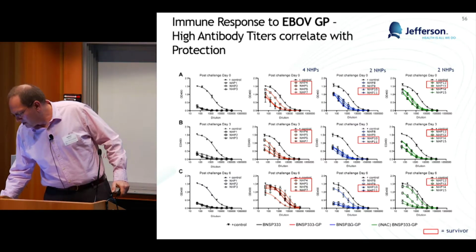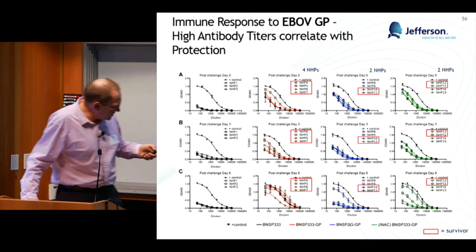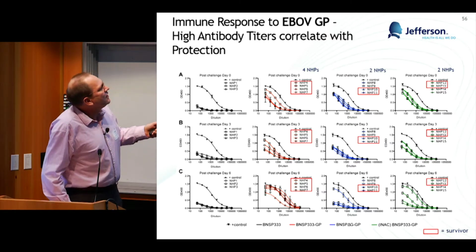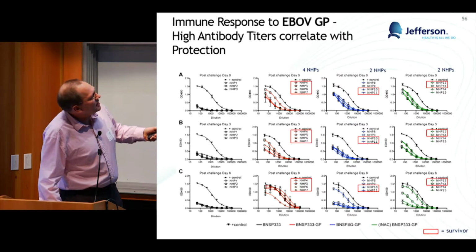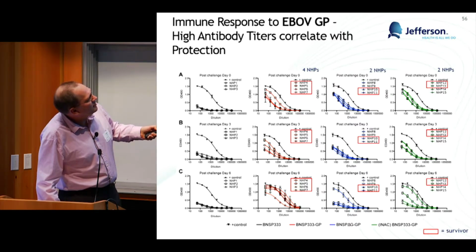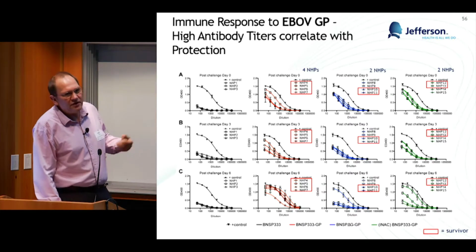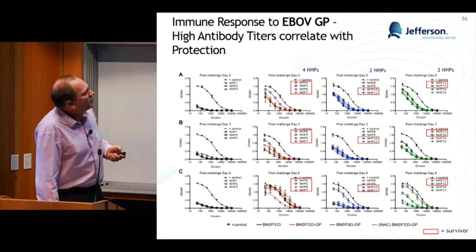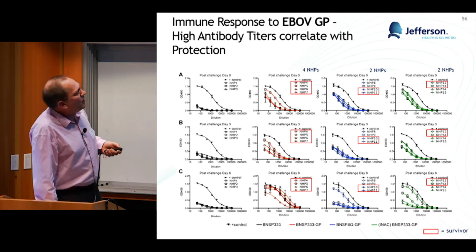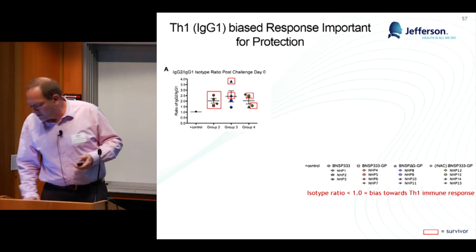However, now comes, if you look to when we went into the challenge, in this animal here and here and here, these antibody levels are very similar, right? I mean, what is the difference? And that was what puzzles us. Why do 2 survive and why? It could be CTL responses, but I really believed more in the antibody, and we looked a little bit more at the antibody.